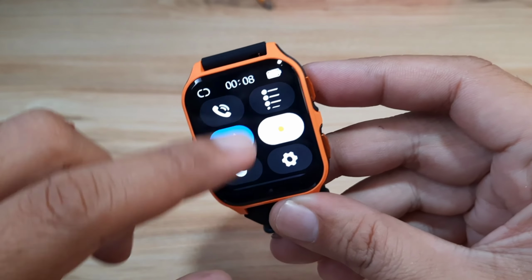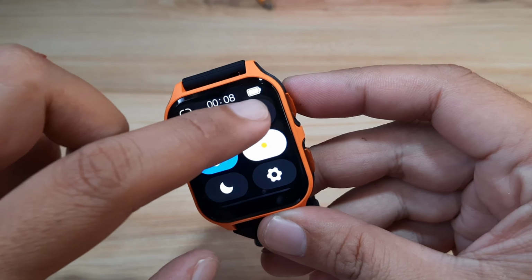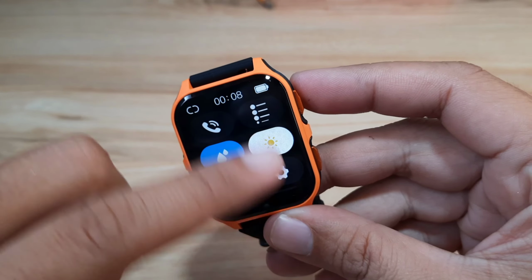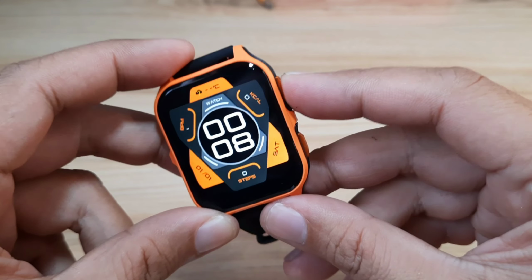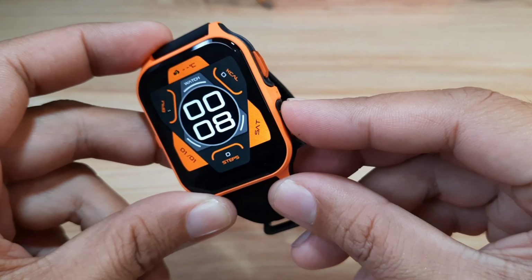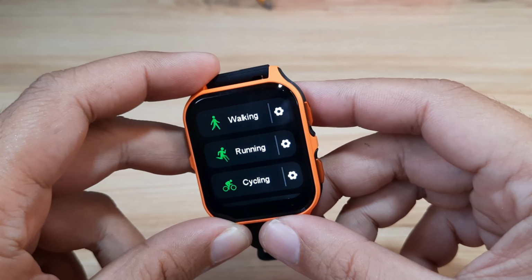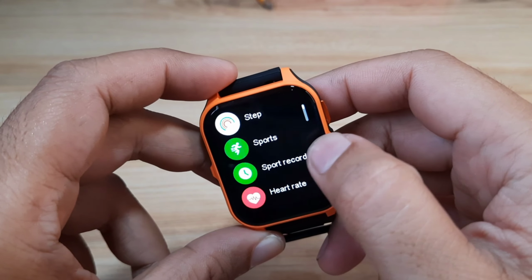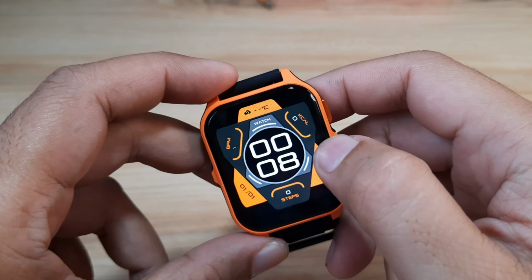What else do we have here? Menu options. You can change it directly here on the menu, on the quick settings. Go back. So this one, let's see. What's the purpose of this one? Okay, dedicated sports button. Go back from left to right. We have the different menus. You can access it here. On the other side,